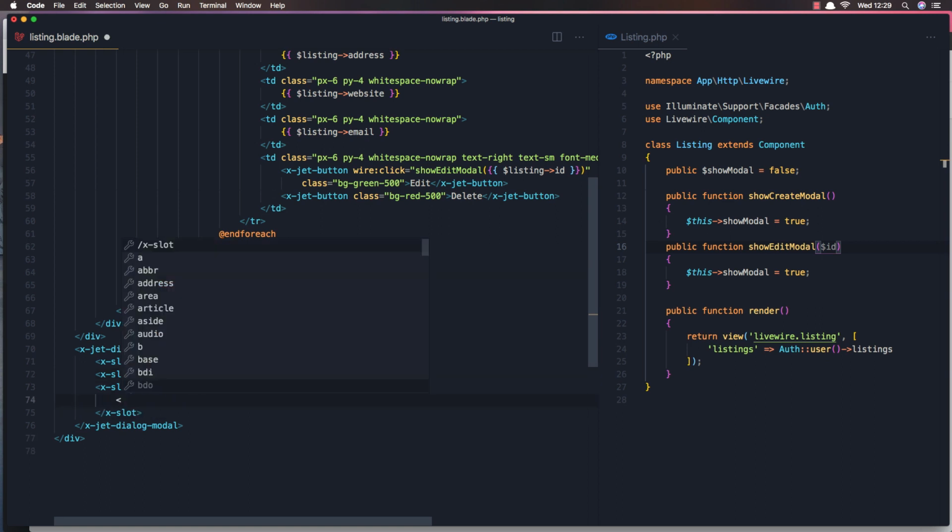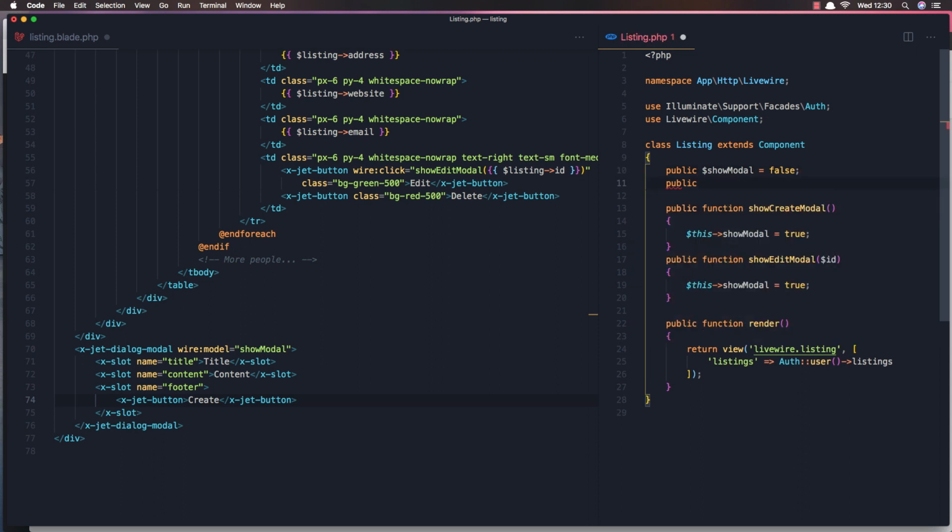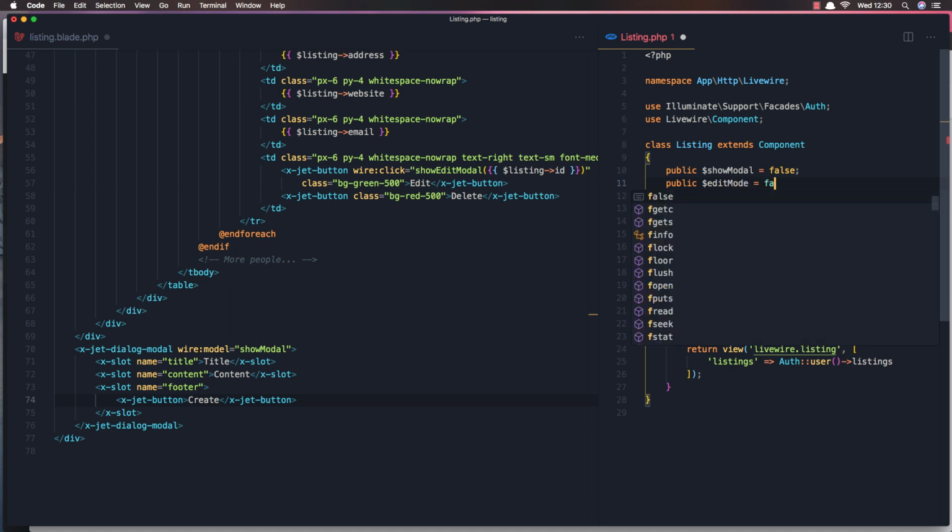So I'm going to add a button x-jet-button, create, but I'm going to use this for edit and for create, so if we are in the edit mode, I'm going to make a property here, so public editMode is going to be false,